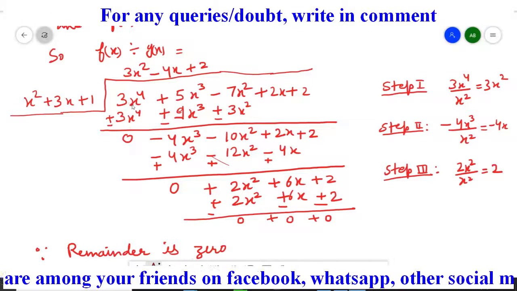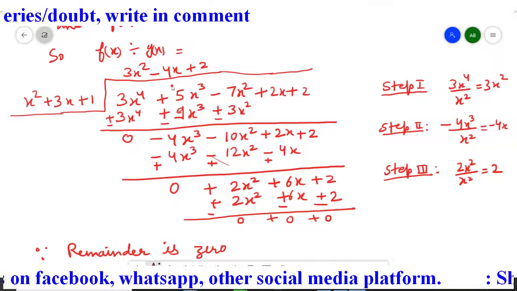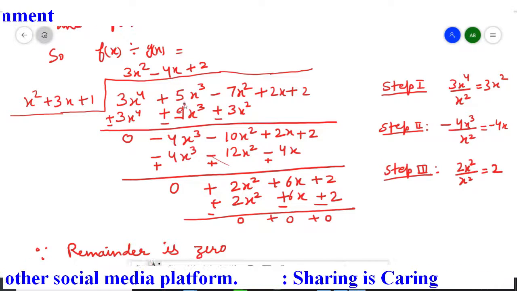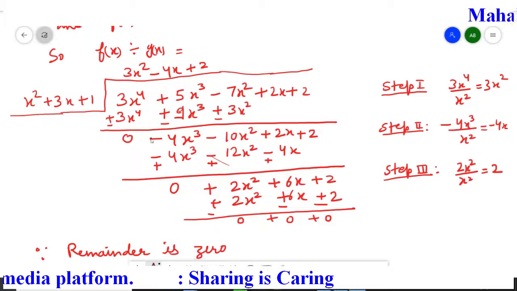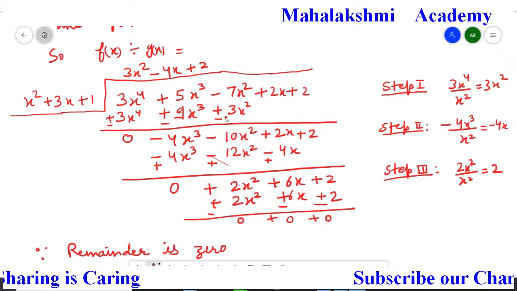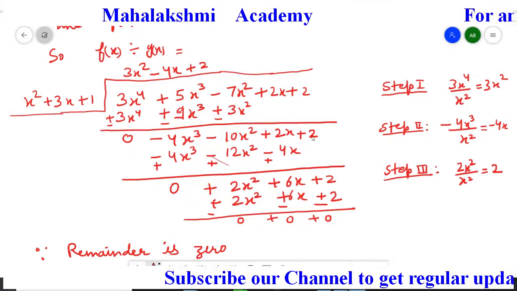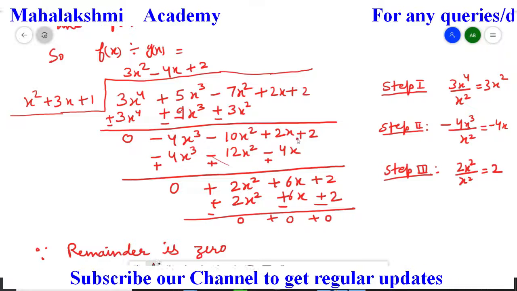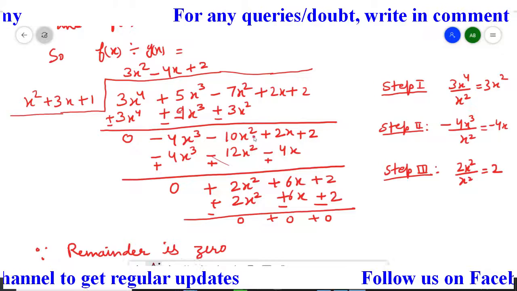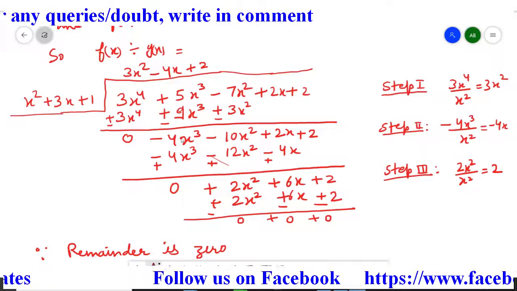Now 3x^4 and 3x^4 will get cancelled. So it's 0. One is of plus sign, one is of minus sign. So plus minus we have to do minus. And so we'll get here 9 minus 5 is 4, and the sign of the bigger number. So I put a minus sign because 9 is the greater number. Minus minus plus, and the sign is minus. So we got here minus 10x square, plus 2x and plus 2 as it is. Now after writing the subtraction, we have to check the variable's power, whether they are again in descending order or not. So they are in descending order. So now we will start the second step.